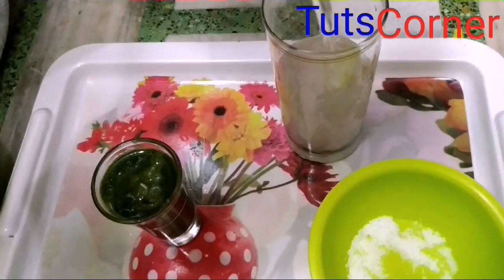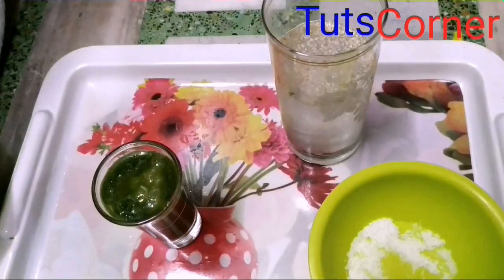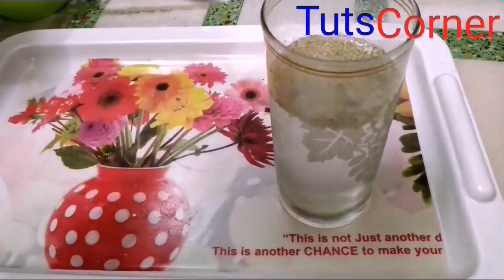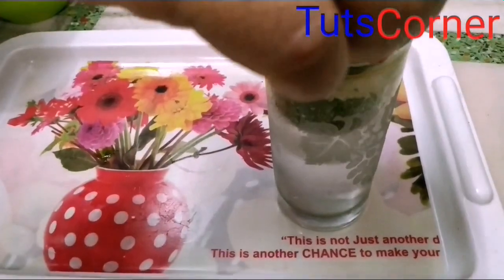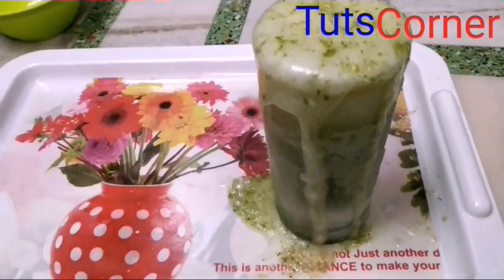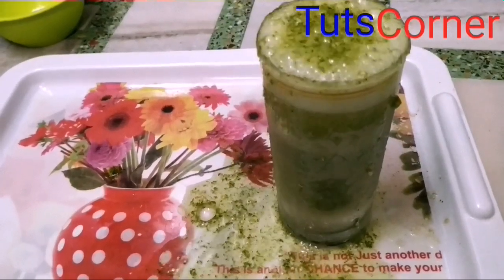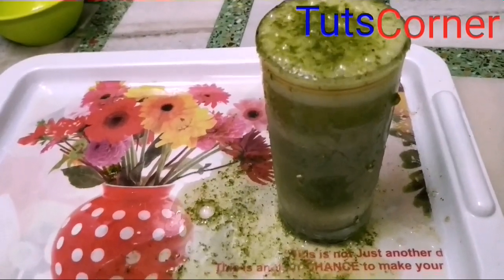In a big glass, now add soda, and add the smaller one into the larger one. Now you can see, wow, it's looking lovely. Now the recipe is